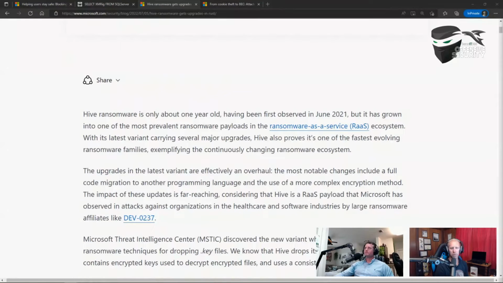Now, Rust is an interesting language for a number of different reasons, but one of the reasons we're seeing the shift is it's fairly decent to code and understand and write and read. And it has some advantageous features that you would want in a programming language to create malware for.